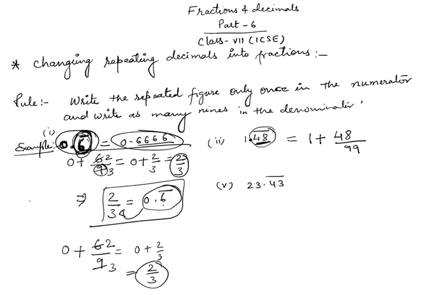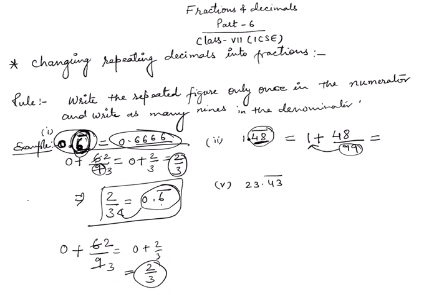Now we will add it. How to add it? A very simple way. Multiply 99 into 1. Multiply this denominator into this. 99 ones are 99, plus 48. So 99 ones are 99 plus 48 upon 99. See, you multiply 99 into 1 and add this numerator to it, and upon it you write the same denominator written here. So 99 plus 48 is 147 upon 99.